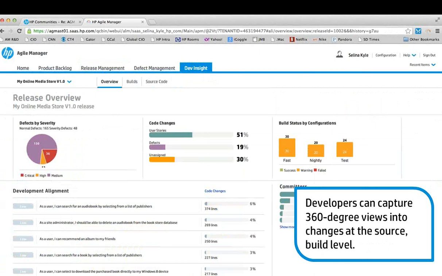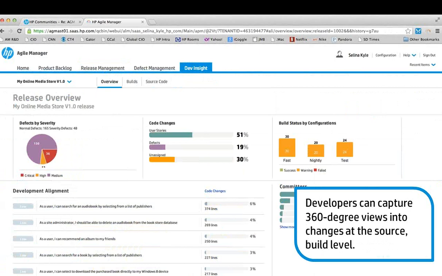And as and when they complete those tasks and check the code into the source code systems, which is then automatically picked up by build management systems for continuous integration, all the statistics that are related to the user stories and defects get automatically populated into this nice dashboard that gives us the insight with respect to the priorities that the organization is working on, with respect to any unauthorized code changes that might be going on in the project, and so on and so forth. So lots of use cases of how you can actually put into effect application lifecycle intelligence technology to make informed decisions in the application lifecycle.